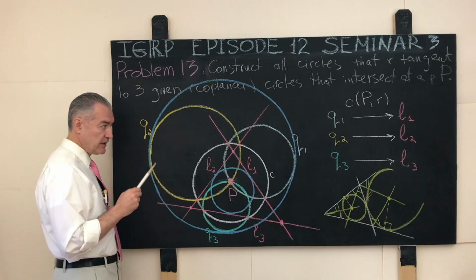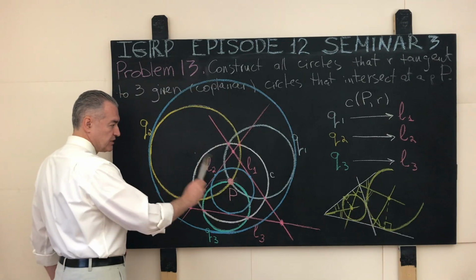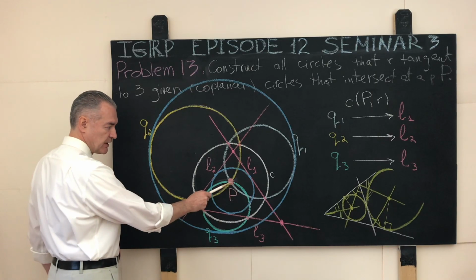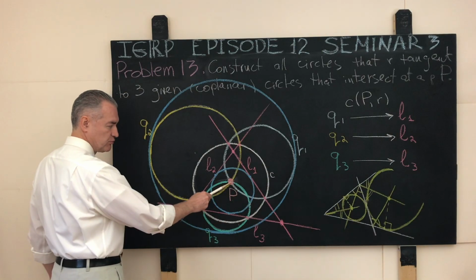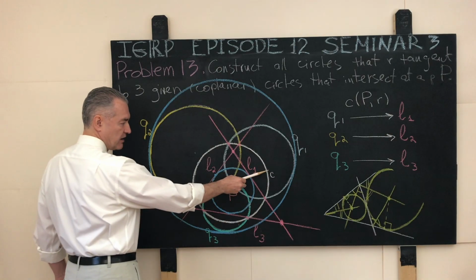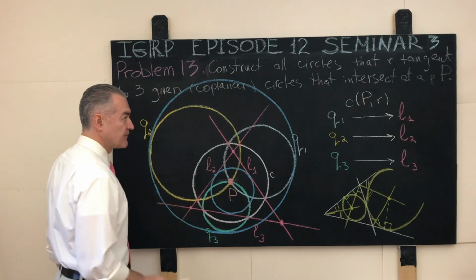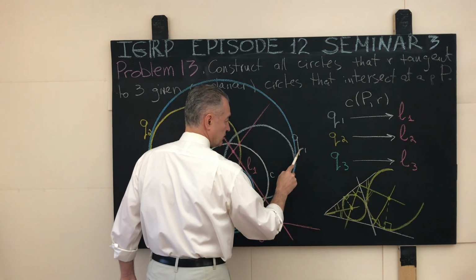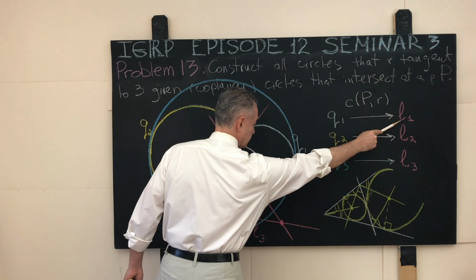They form a triangle. For example, let us take a look at the material that we obtain once we invert the parent plane with respect to a circle C, the white circle shown over here, that has the point P as the center, and a radius such that that circle intersects all three given circles. The circle Q1, the light blue circle, will be taken into a straight line